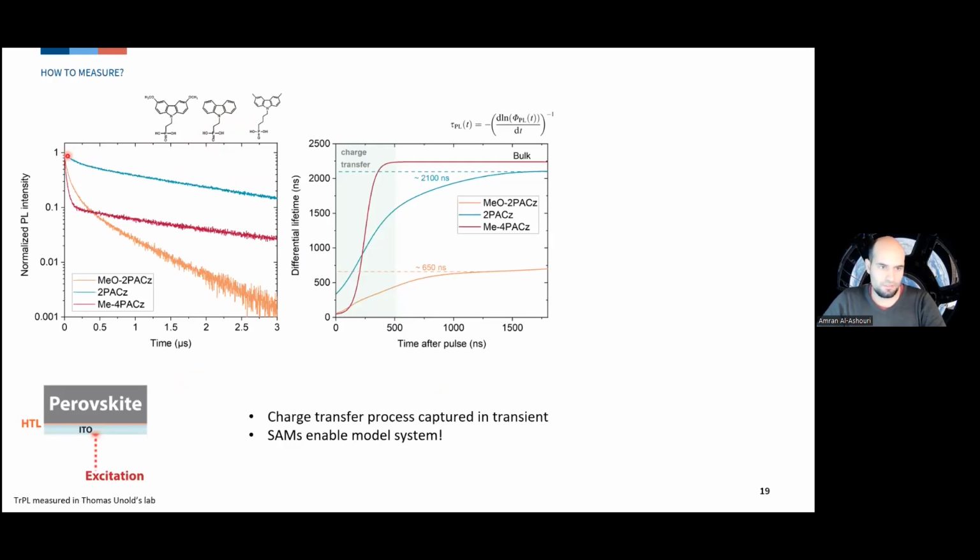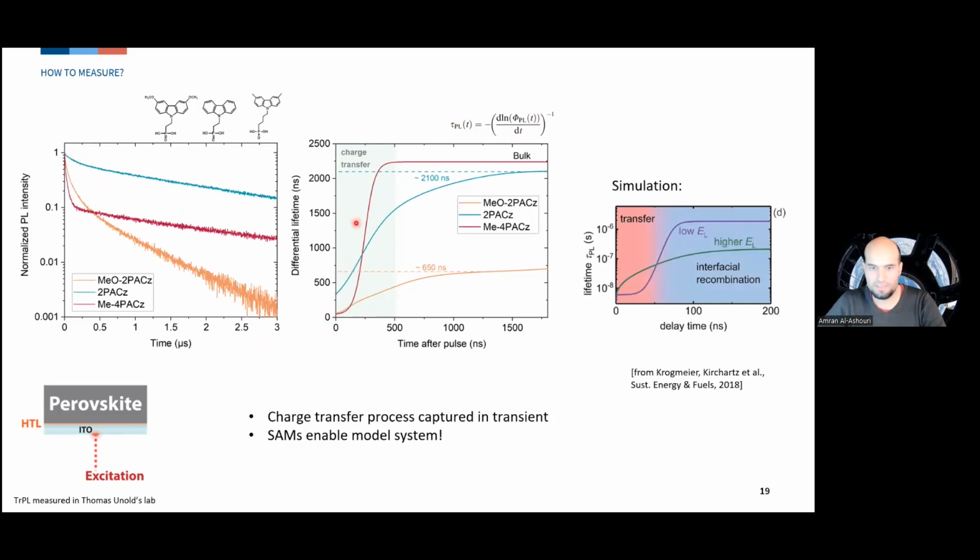And a good thing to look at, I mean, usually in literature you can extract a lifetime by a mono exponential fit. But what's really useful is to transfer the whole curve into a lifetime plot, basically the differential lifetime with this formula, right? So you take 1 over the derivative of the logarithm. And what you see then is the steep rise. And differences in these rise times can give you differences in charge extraction, because, I mean,